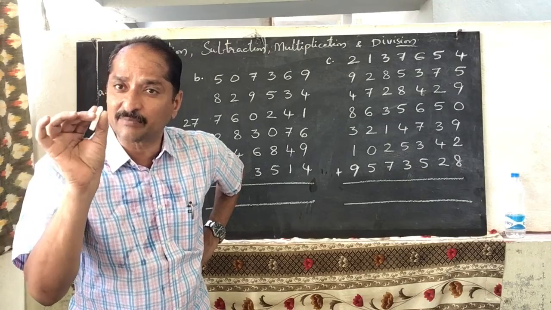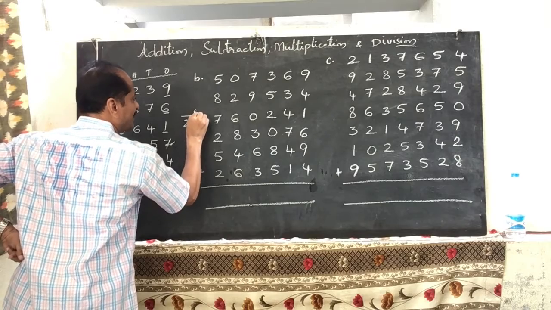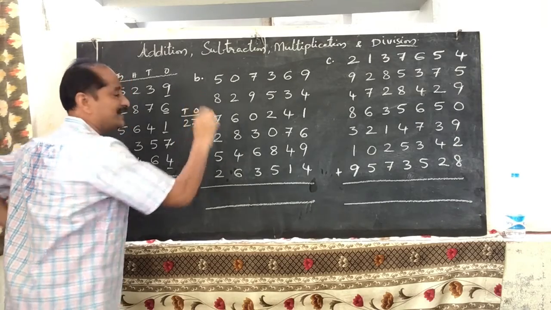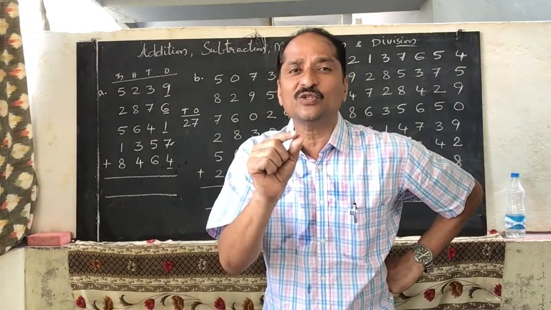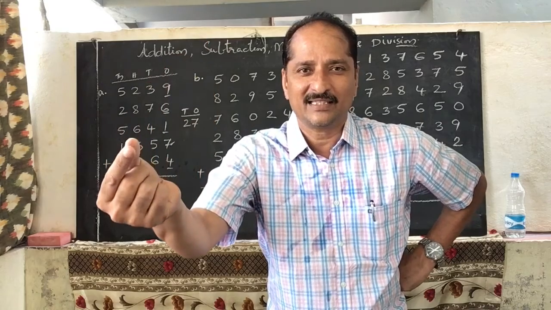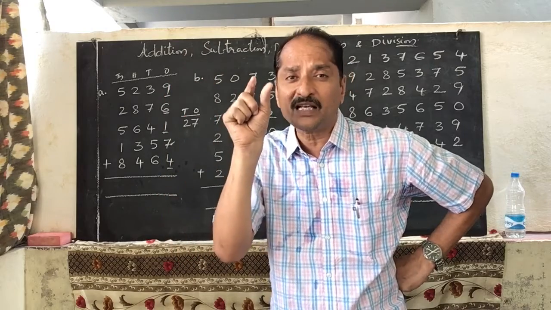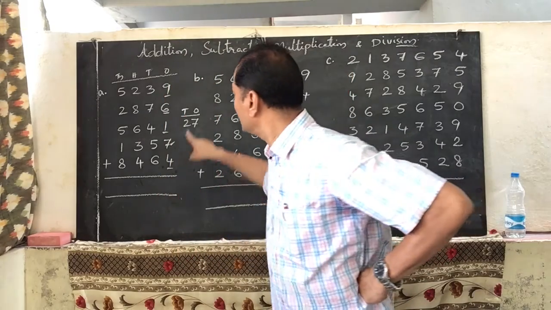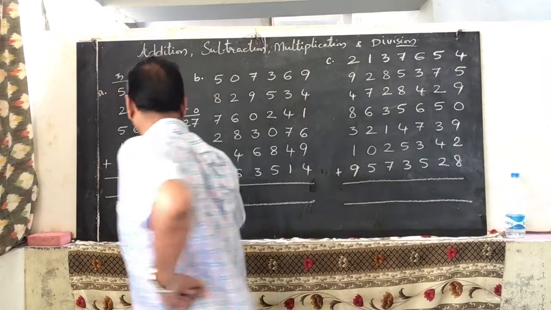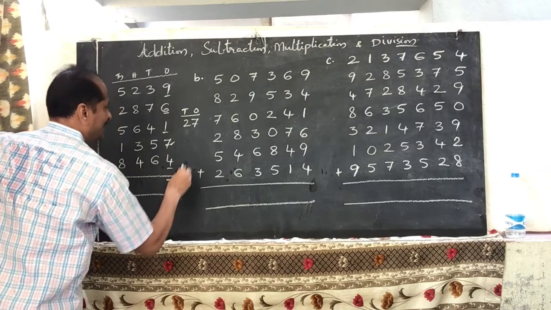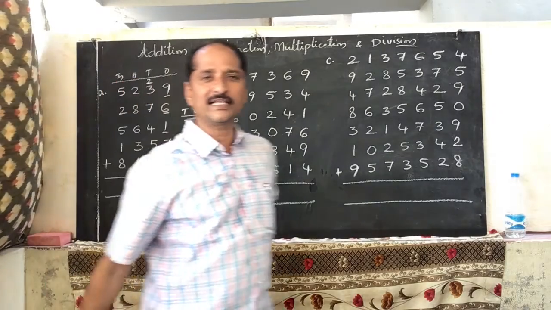27 ones, observe carefully everybody, 27 ones means 7 ones and 2 tens. So these 2 tens you should take to the tens place. Why? Because we have 2 tens. And under the ones place, how much do you have to write? How many ones do you have? 7 ones. So write 7 ones under the ones place. And how many tens? 2 tens. So write 2 under the tens place. Okay, 2 we have written under the tens place.